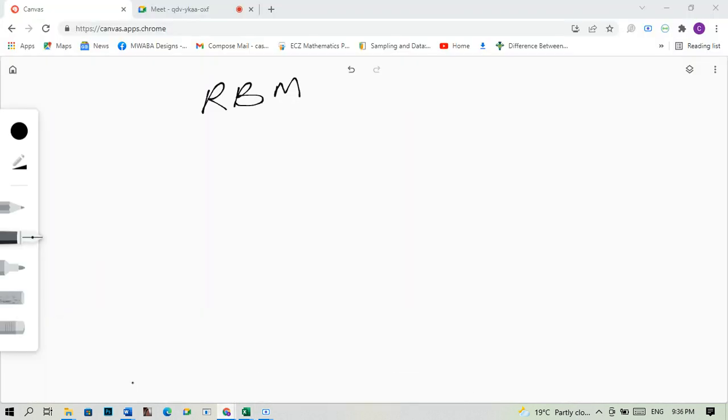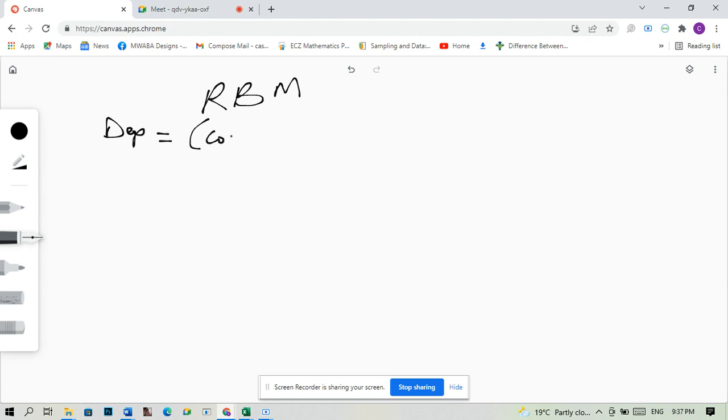So what we can do is we'll say depreciation equals cost minus accumulated depreciation, and then we multiply this by the percentage which we've been given. All right, so we'll say